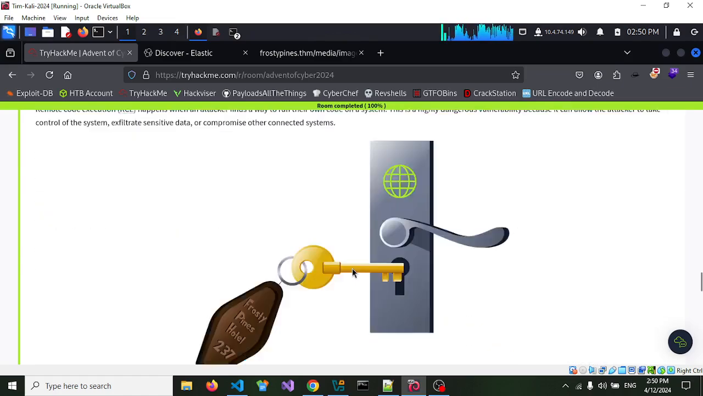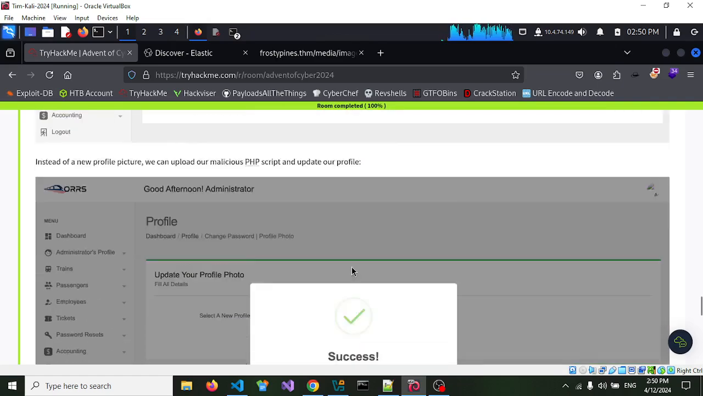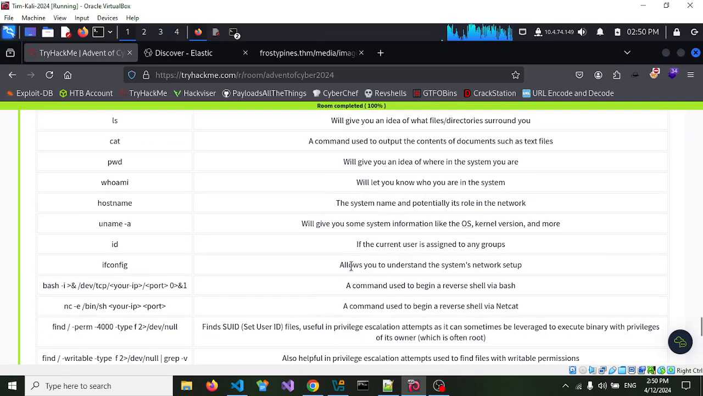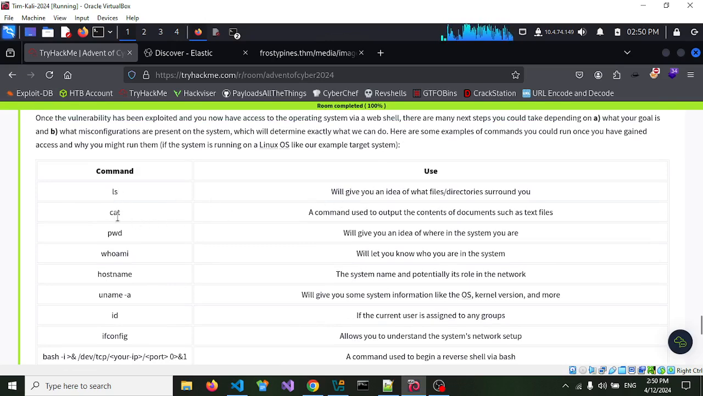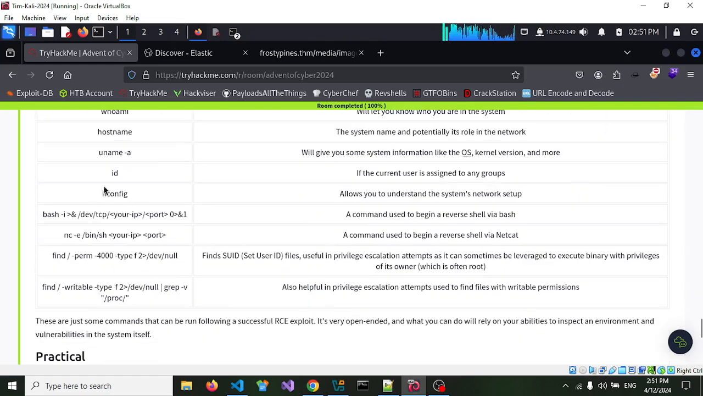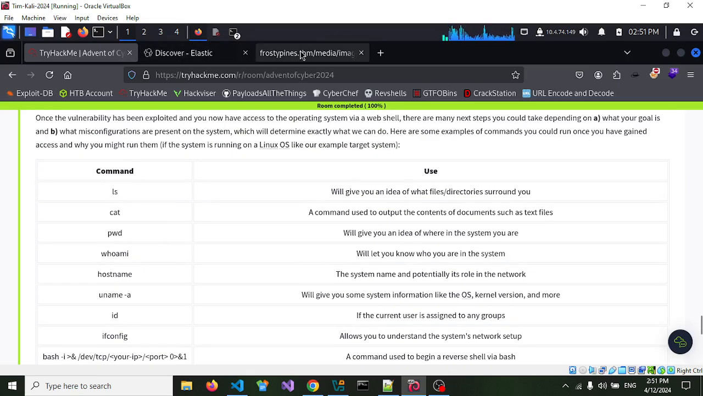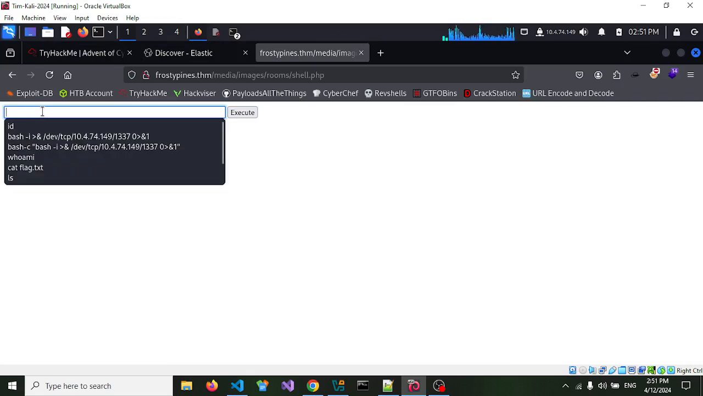There we go. Here, so we got ls, we got cat, print working directory, whoami, uname -a, id. We can use ifconfig. You can use that to get a reverse shell with bash. You can use that to get a reverse shell with netcat. So we'll start off, we'll try ID,